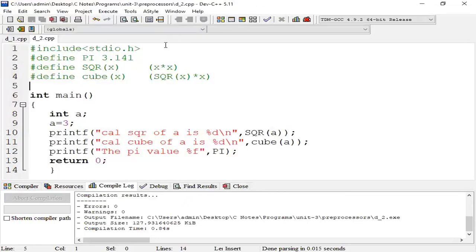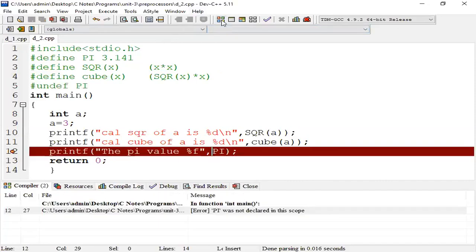If you apply hash undef of PI, that will not reflect in our program. We get an error. What is the error? PI was not declared in this code. Why? Already we defined the PI value 3.141. Next we use one more statement, undef, which means the definition is deleted. Then how can the PI value reflect in the following part of the program? That is not possible, so that is the error.